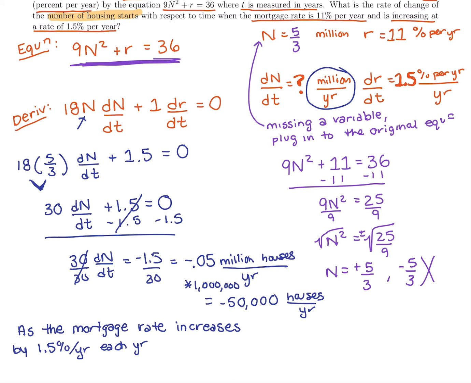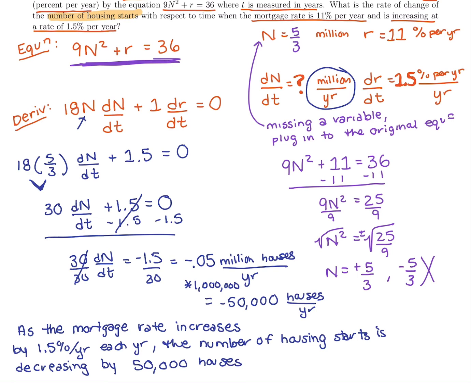Well, we got a negative answer. So as that mortgage rate is increasing by that 1.5% per year each year, the number of housing starts is doing what? Increasing or decreasing? It's decreasing by 50,000